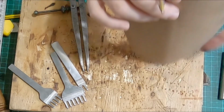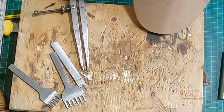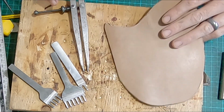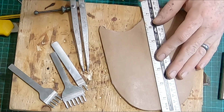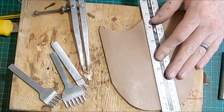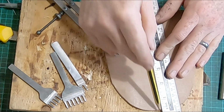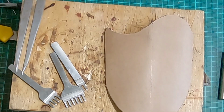Little mark there. It's quite handy this being black actually. A little mark there. So that is our centre line. Okay, now we just do a gentle mark there. Okay, now